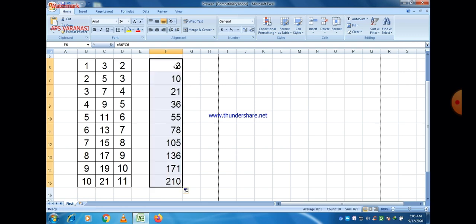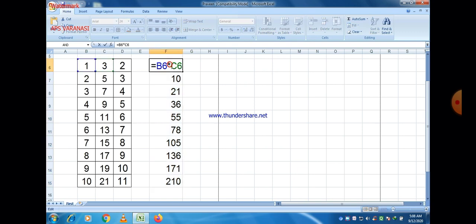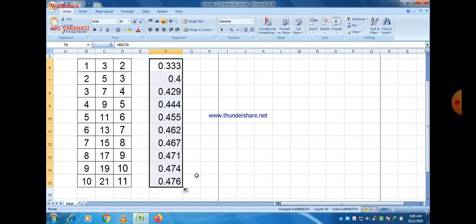And if you want to divide these values, then just write a slash. You can see the value we get after division. And if you want to reduce or increase the number of decimals, these options are also available here.